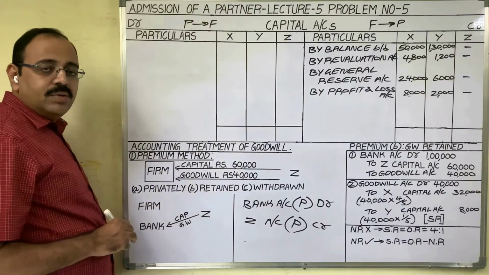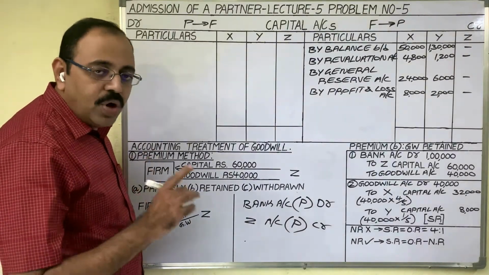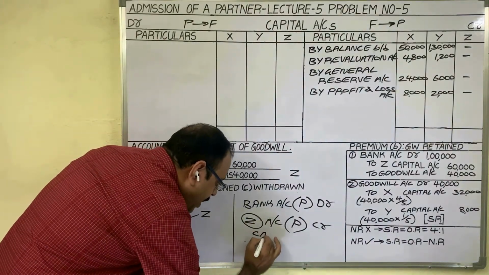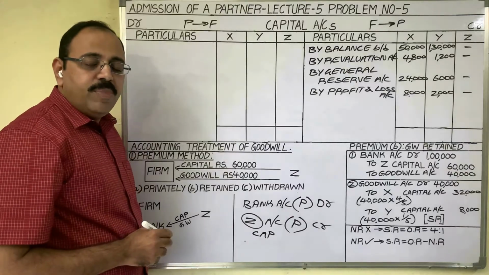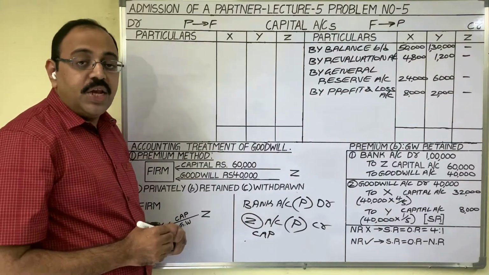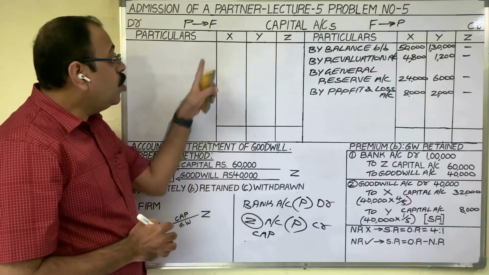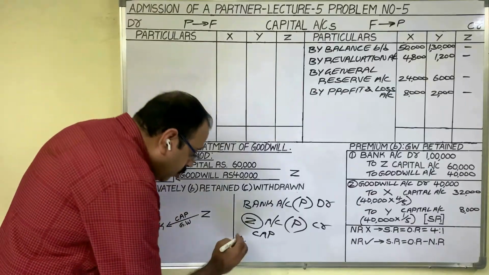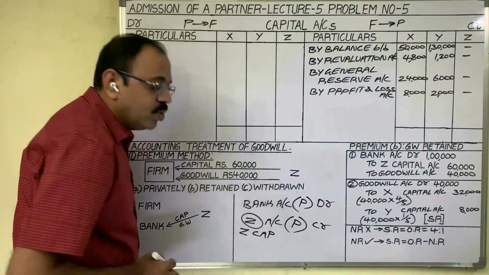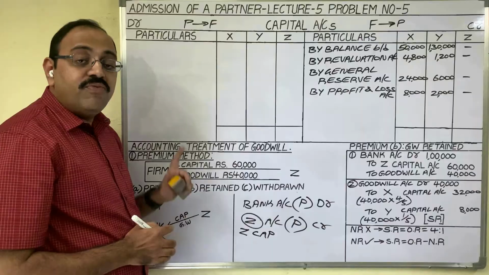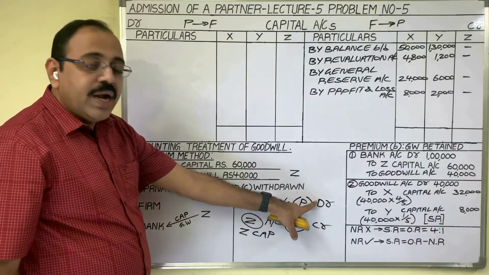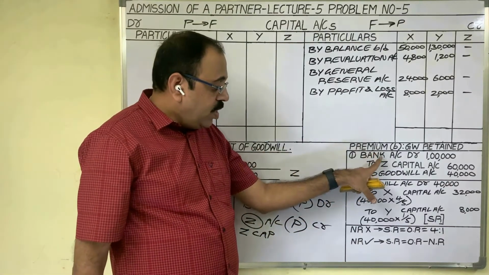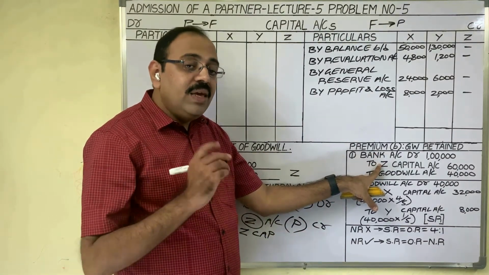But Z is the owner, a partner. The owner's name we should not write in the books. So instead of writing Z's name, we should write the word capital. But if you write only capital, there is no clarity regarding whose capital that is, because three partners are there. Therefore, we have to prefix the partner's name also. Z capital. So the first entry is bank account debtor to Z capital, and